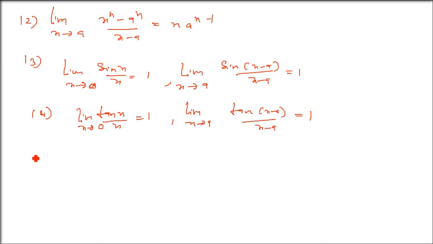And now we have a to the power x, e to the power x, log x also. These we are going to use pre-made; this we have already proven. So (a raised to x minus 1) by x, limit x tends to 0, is going to be log a. Please remember the base is e, natural log. This is very important. Sometimes the base may be different.